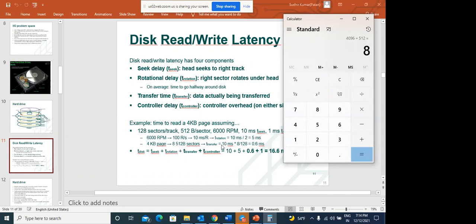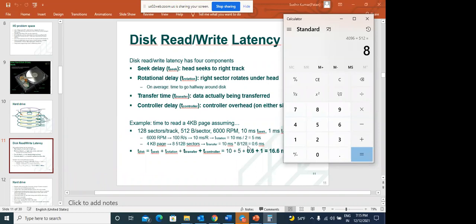So the transfer rate is 10. That's the delay. Rotation time into transfer is actually the delay time, rotation plus 8 total sectors. So it's like 10 microsecond. That's the total delay and 8 sectors. So 8 sectors are hit. It will go to the 8 sectors, and 128 sectors are in one track. So that means 8 divided by 128. Exactly correct. I understood. Partition, sector, tracks are there.